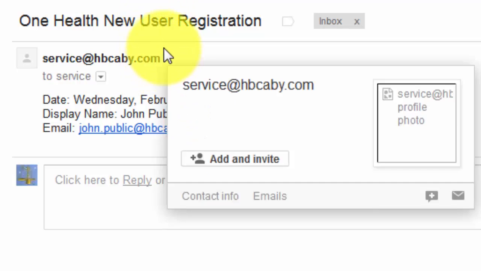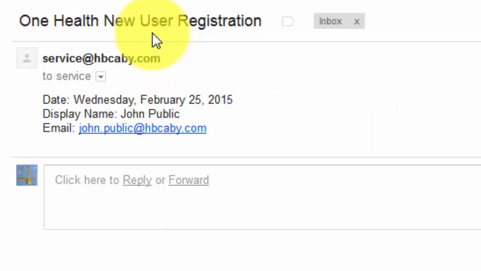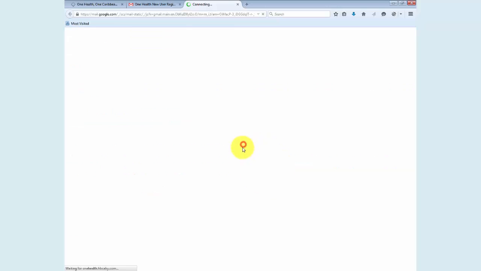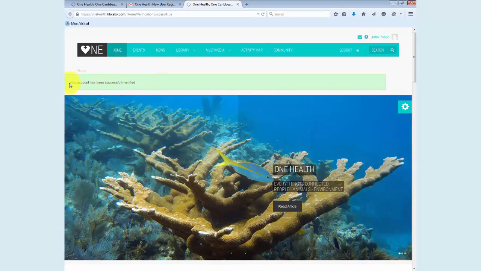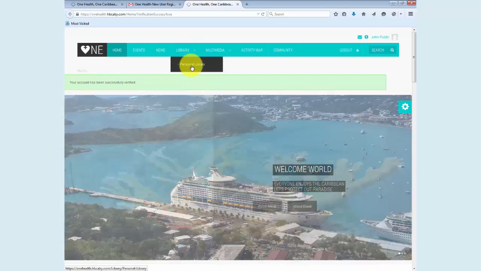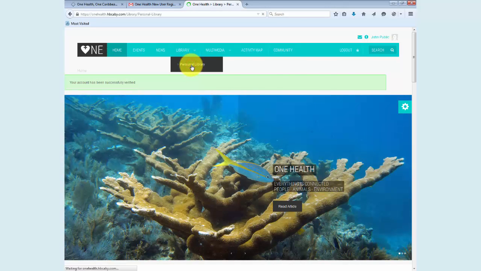The administrator gets an email telling them that someone new has registered. We see here the user receives an email with a link to verify their registration, and the user would click this link and see now that their account has been verified. Now that the account has been verified, they would have access to features like the personal library that were intended